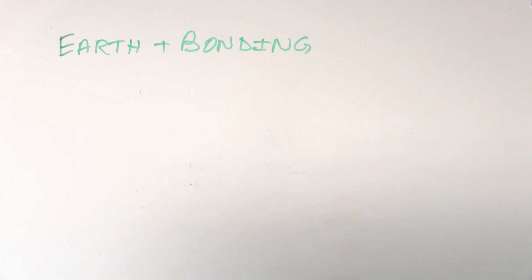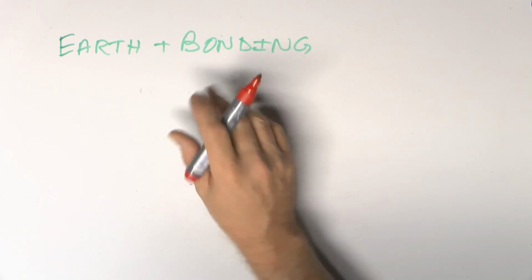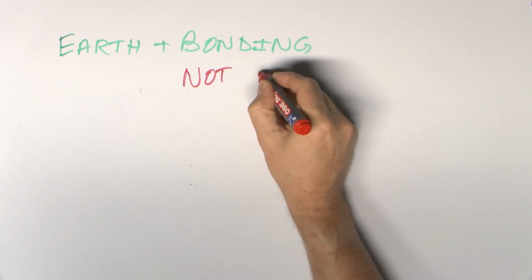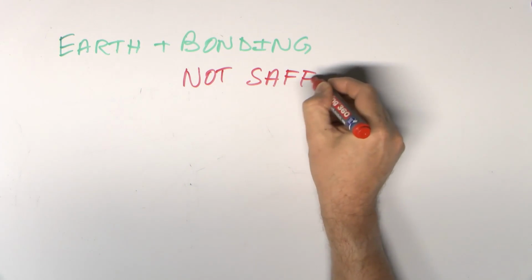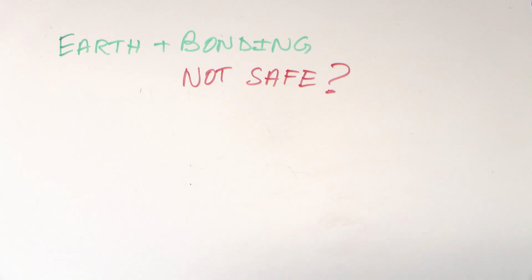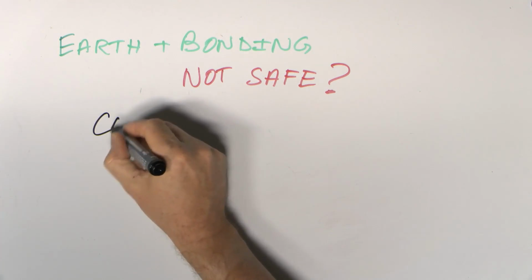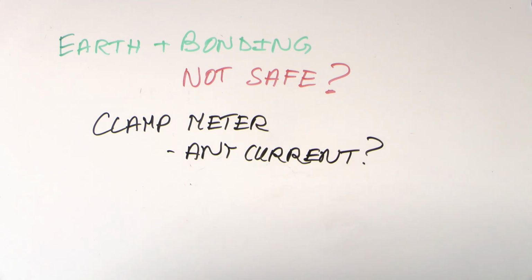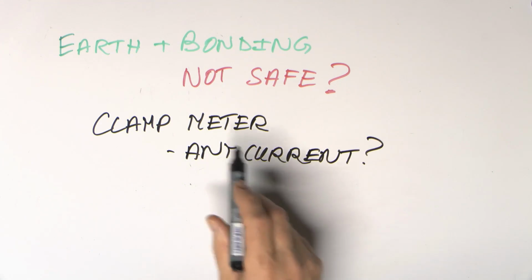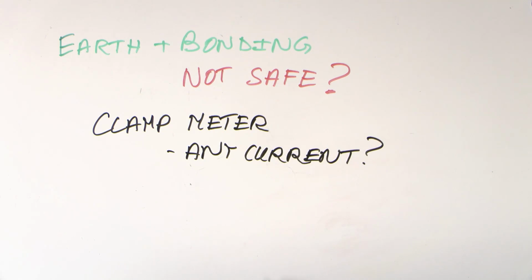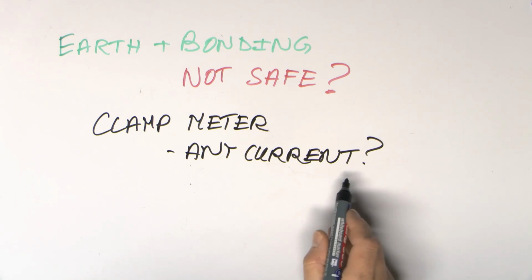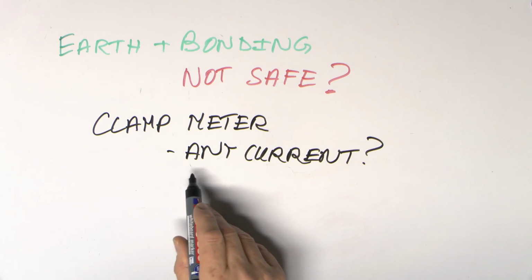So the key points here are earthing and bonding conductors not necessarily safe. Maybe a temptation to think, oh, it's the earth conductor, no danger there, but could be various currents and possible voltages if you've disconnected them. Before disconnecting, use a clamp meter. Is there any current flowing in that conductor, whether it's the bonding conductor, earthing, or whatever else? And if you've got multiple bonding conductors, check all of them. If there isn't, absolutely fine, just carry on. But of course, if there is current here,